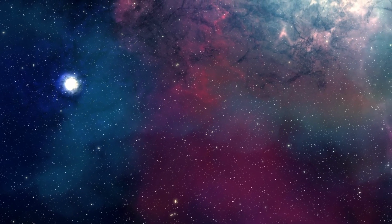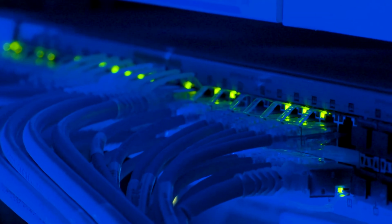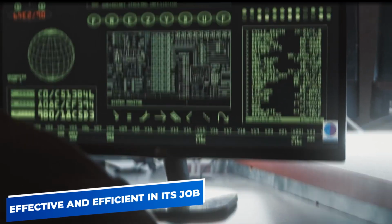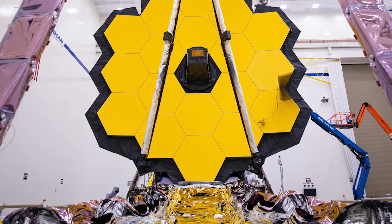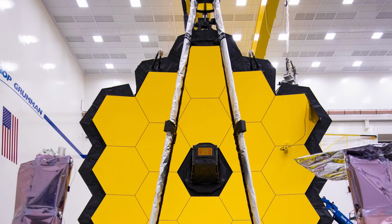To explore the unknown in outer space, we require some of the most advanced technology as well as experts to build an instrument that's quite effective and efficient in its job. The James Webb Telescope is one of the most complex instruments out there. That's not only complex but quite expensive too. The talent of engineers who came up with this instrument was truly tested while coming up with the James